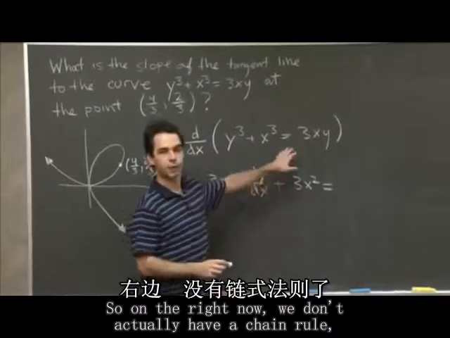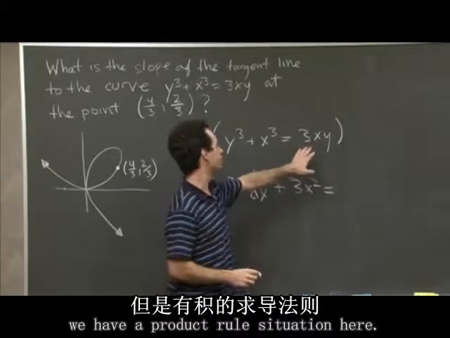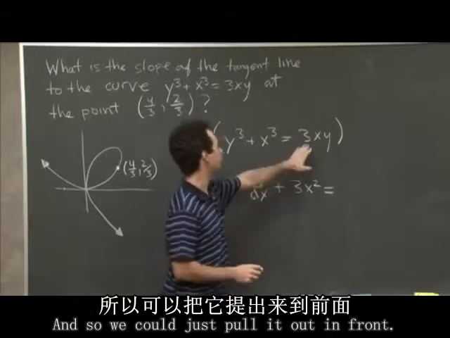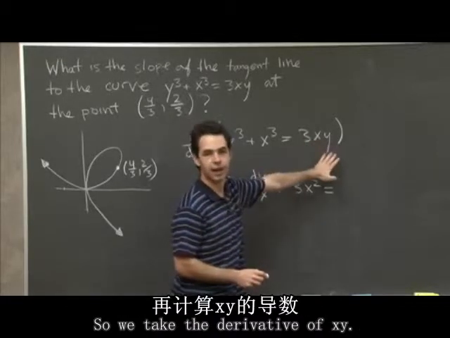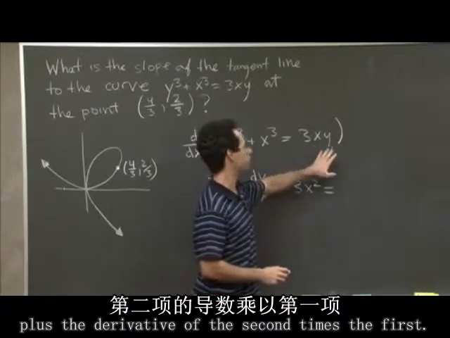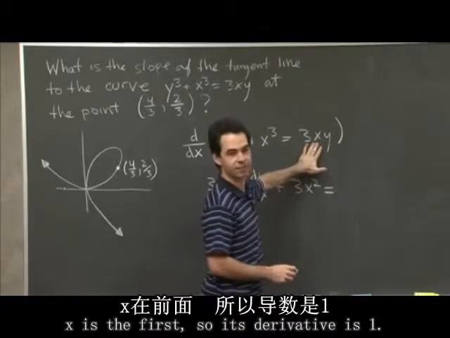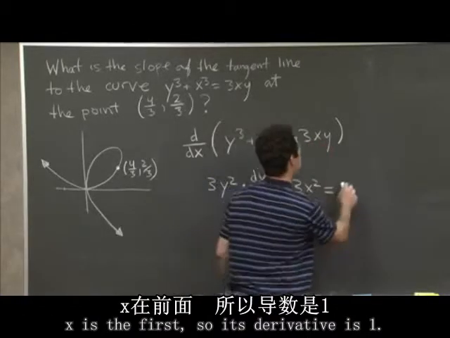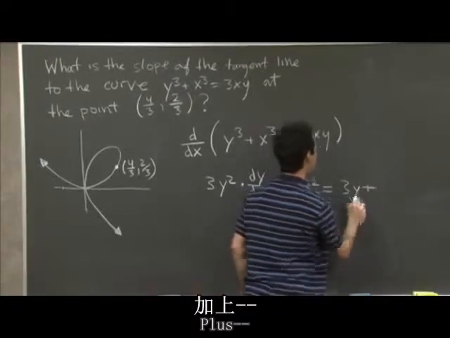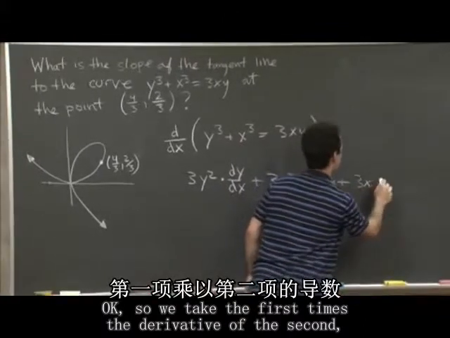OK, so on the right now, we don't actually have a chain rule. We have a product rule situation here. We have 3 times x times y. So 3 is just a constant, so we could just pull it out in front. And so we take the derivative of xy. So we take the derivative of the first times the second, plus the derivative of the second times the first. The derivative of the first, x, is just 1. So we get 3 times the second, which is y, plus the first times the derivative of the second, which is